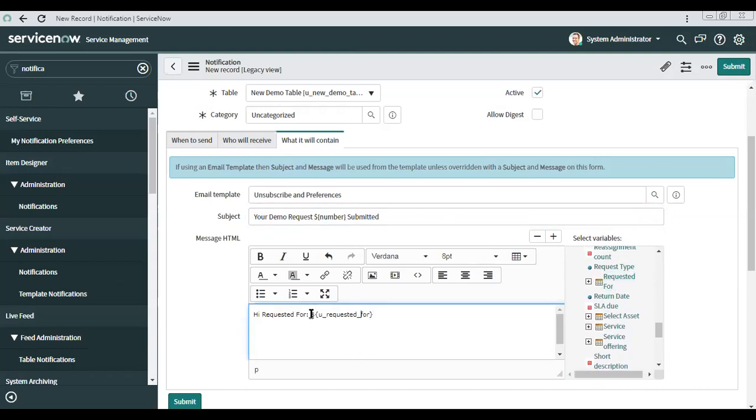Here it will give the label and then what it will send as a script. You don't need to write the label also, you need to remove it, because you just want to send the name of the requester, not any text between. So you want to say hi requester. Requester means whatever person is selected at the time of trigger of this notification will get replaced with this. The dollar sign is added automatically on its own. This is how you call any dynamic value in a notification. If you select from this field selector of available variables, it will automatically put it like this.